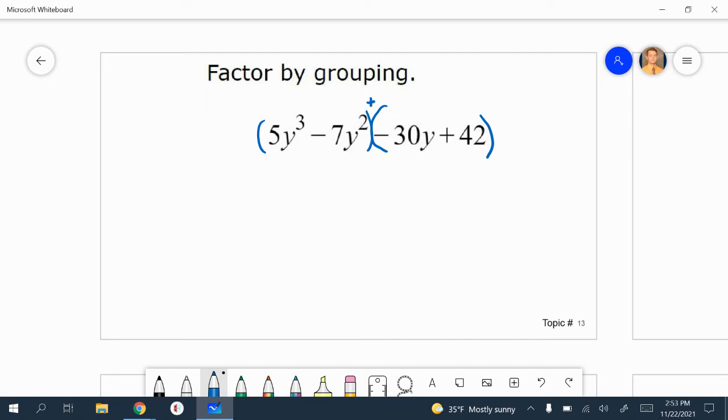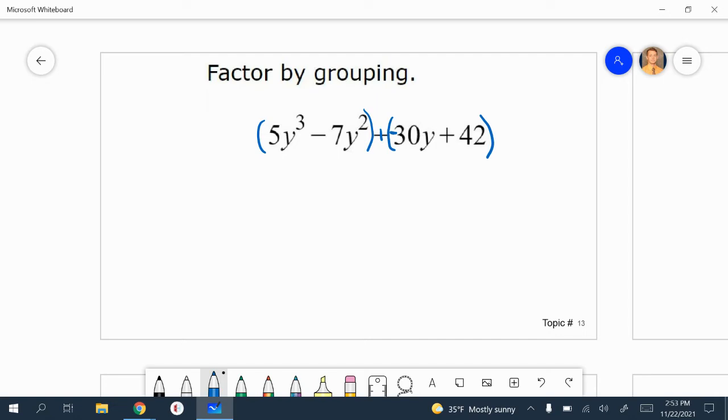So I could have rewritten it as negative 7y squared plus negative 30. And that would basically mean the same thing. So now I just change that to a plus. That makes the problem a lot easier. Okay,